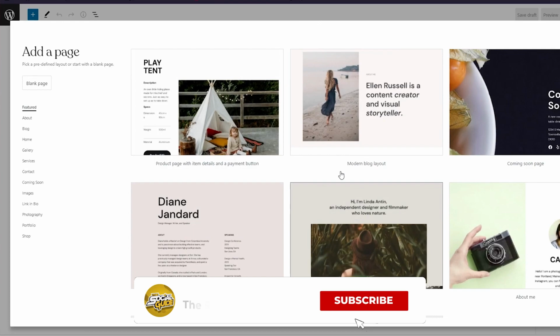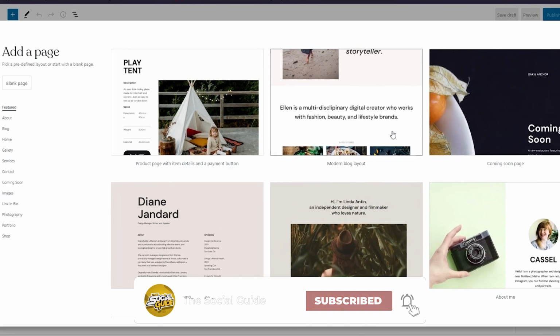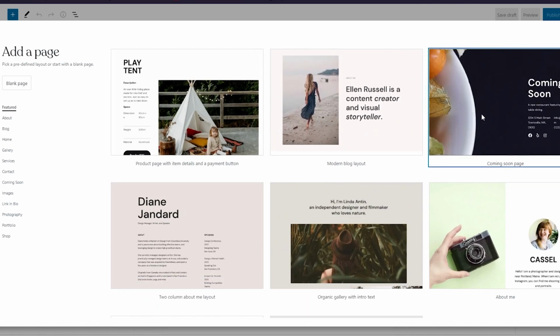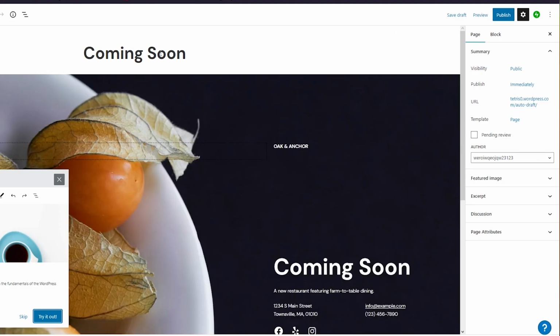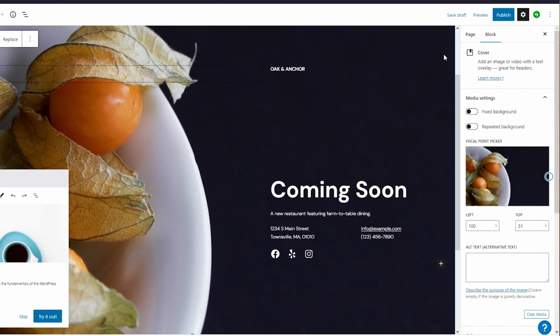And when you come here, you can see all these different amazing templates that WordPress provides you with. You can use any one of these, or you can just start with a blank new page. For the video purposes, I'm just going to go with a template they already provide us with. You can change the text if you like. For example, I'll just add enter right here. So we can just do that and mess around with the page if we want to, and then we're just going to